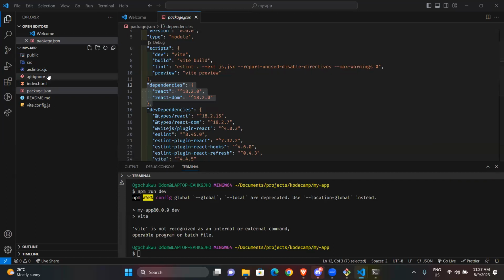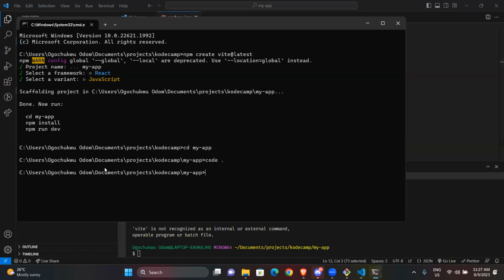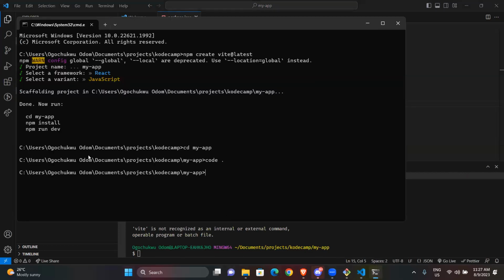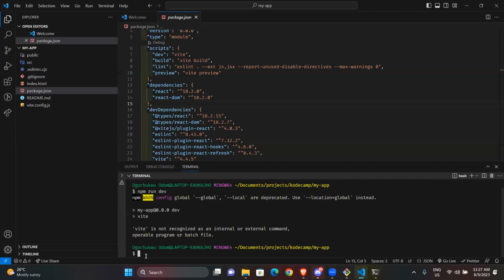Okay. Remember that there were some commands that we didn't finish doing here. It says change directory to this. We've not done npm install. So we have all these packages here. We have React DOM. All these things, they are not installed. So because of that, you can't run this. What you need to do now is npm install. I'm just doing npm i. npm i is the same thing as npm install.